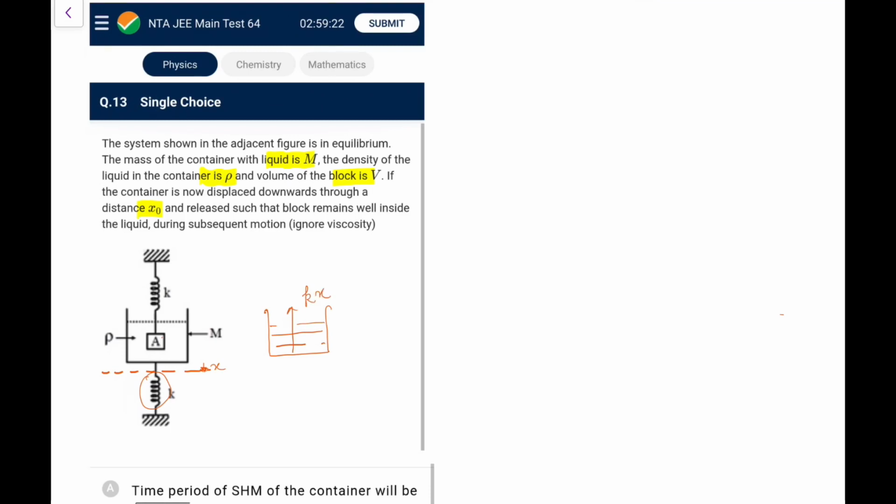Now let us assume it is accelerating. I don't know if it is or not. If it is pushed down from the mean position, the acceleration must be upwards. Because the container is accelerating upwards, the buoyant force on the block in the accelerating fluid becomes rho f V (vector g minus vector a). So the change in the buoyant force on the block would be rho f V a, along the direction of a, that is upwards.